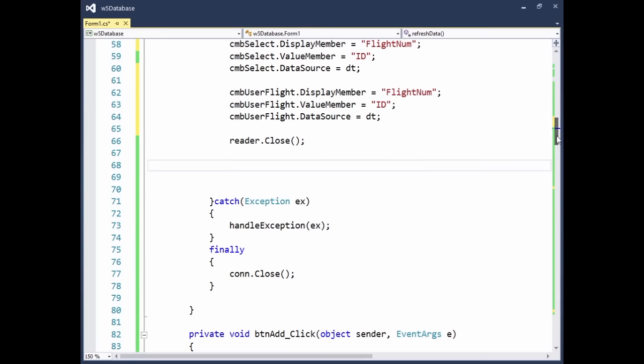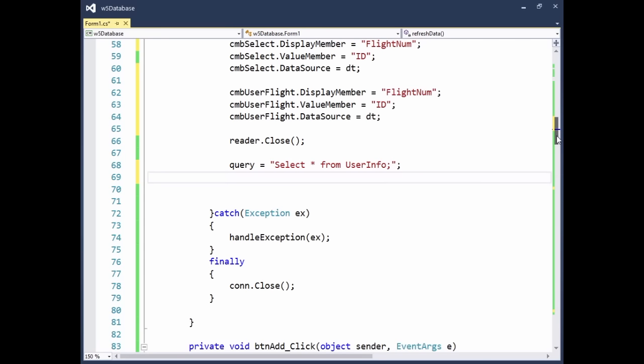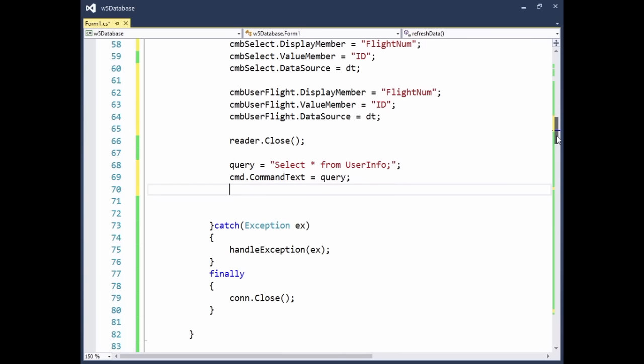I'm going to say query is equal to select star from user info. So that's my new query. Select star from user info. And I'll just say cmd dot command text is equal to query. Now I can go ahead and execute this query. I don't have to reopen the connection. It's already open still. So I'll just say reader, because I still have the data reader. I'm done with it. I'm done with the data reader from the query above. I'm just going to say reader is equal to cmd dot execute reader